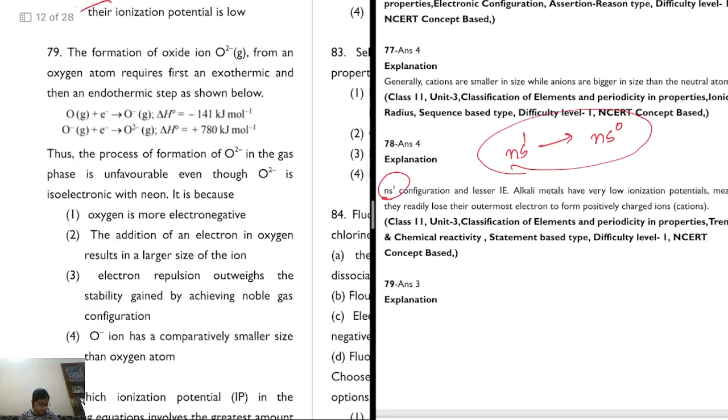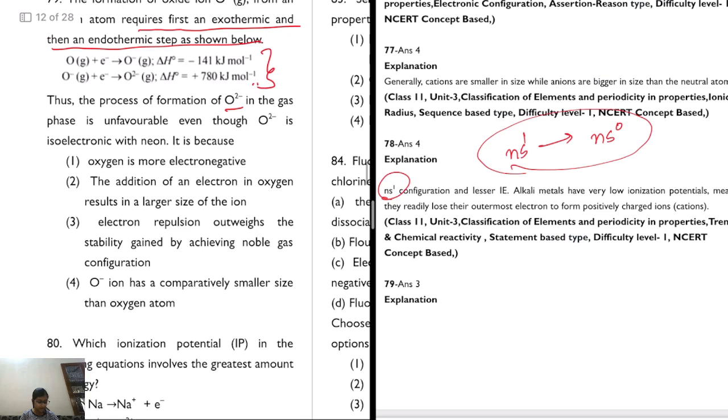In the next question, formation of the oxide ion from an oxygen atom acquires first an exothermic, then an endothermic step. Yes, we all know that. Thus, the process of formation of O2 negative in the gas phase is unfavorable, even though O2 negative is isoelectronic with neon. It is because, see,